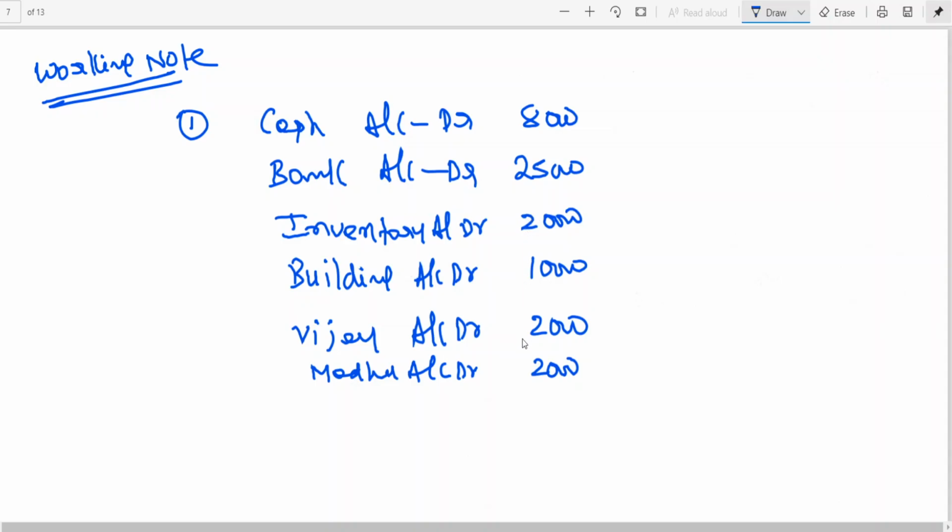Okay. These two can be called trade receivable, but since we need to know how much amount we are collecting from them, we should open these two accounts. They will be called trade receivable, but don't use the term trade receivable, because when you are opening ledger accounts individually, you should maintain the ledger accounts like Vijay account and Madhu account. Clear to all of you?